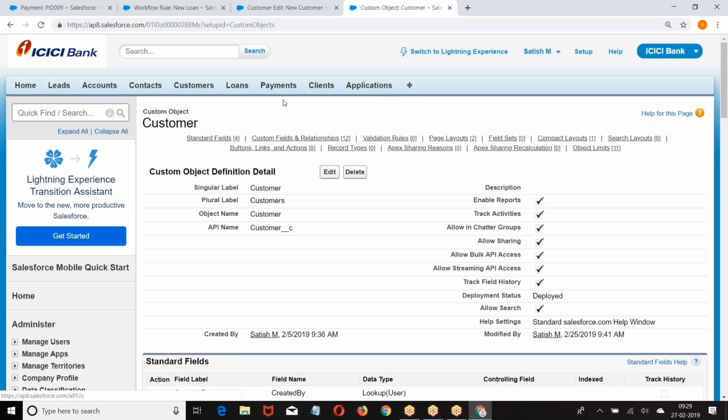Right. Now, what is my requirement? Whenever a workflow rule is defined on the payment object,